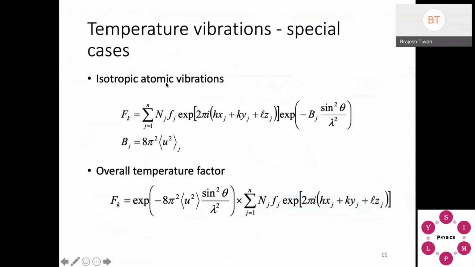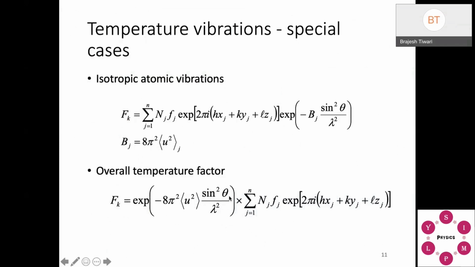Here again I have repeated the stuff to say that the B factor usually comes in this way. It is an exponential function, and as you go away from the lower 2 theta value, you are going to get a larger temperature factor. So your peak shape fitting is going to diverge easily if you go to higher 2 theta values.